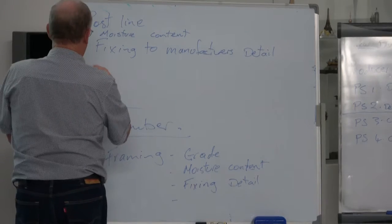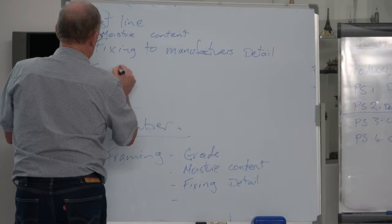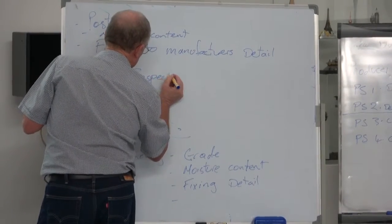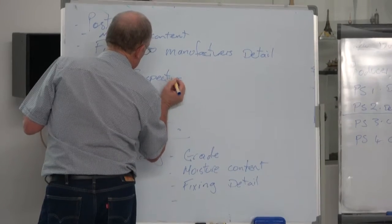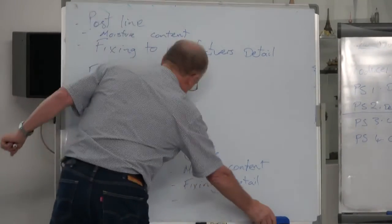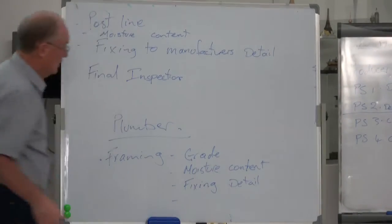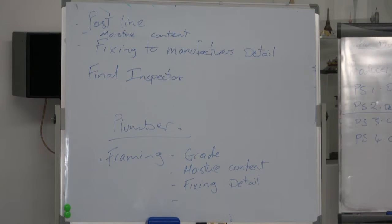Okay, final inspections. So the final inspections, and the building inspector can look at just about any one of these clauses on this page. So if you have a look at these, there are 32 clauses here. Each clause has a different meaning. And have you all got a copy of this? Yeah. So each one has a different